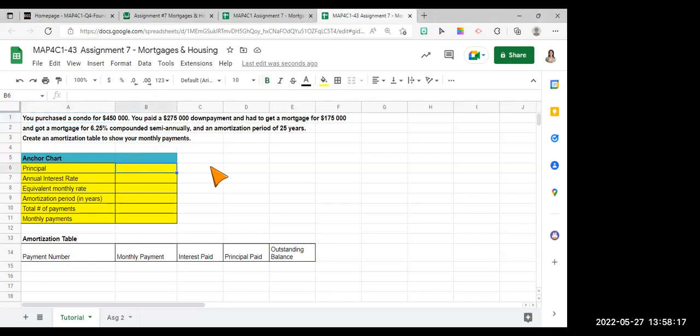All right, so let's fill in all of the information that we have. The principal is the difference between the regular price and the down payment. So 175,000. The annual interest rate, 0.0625. The equivalent monthly rate, we need an equation for this, and I need to look up the equation. I'm sorry, I thought I had written this down. Okay. Give me a